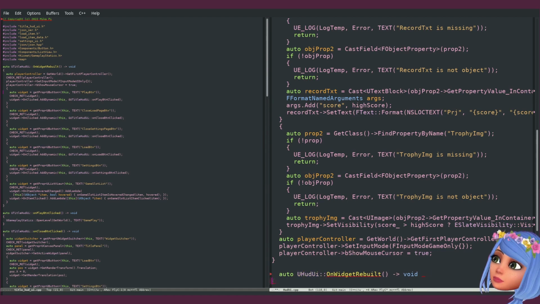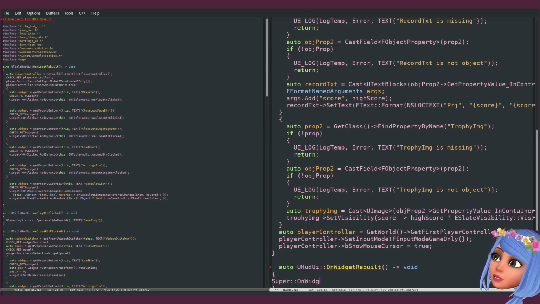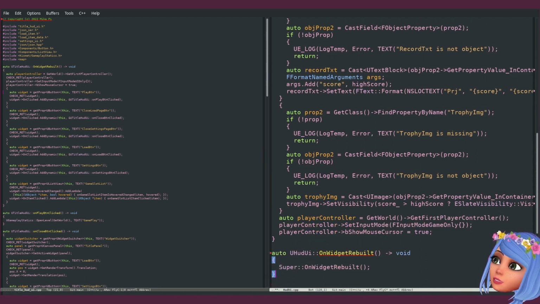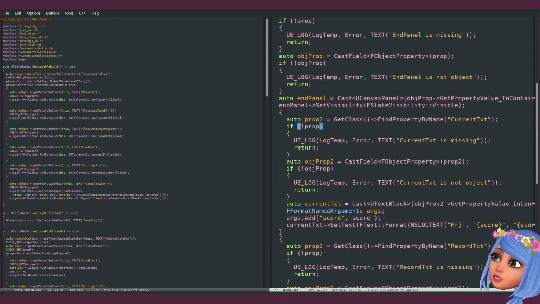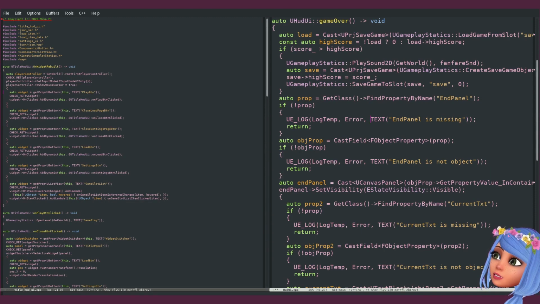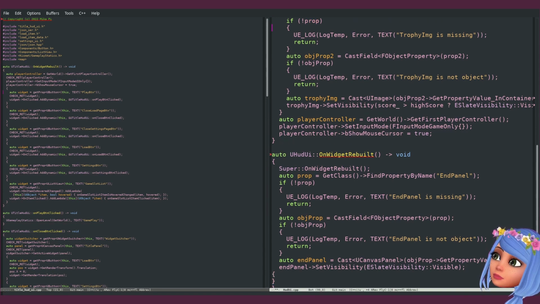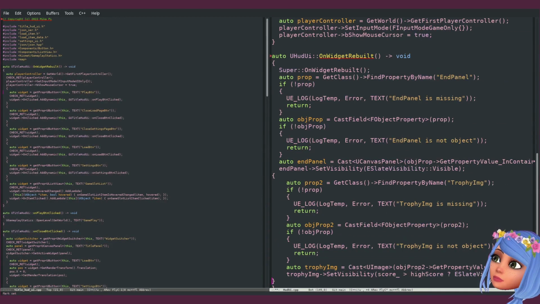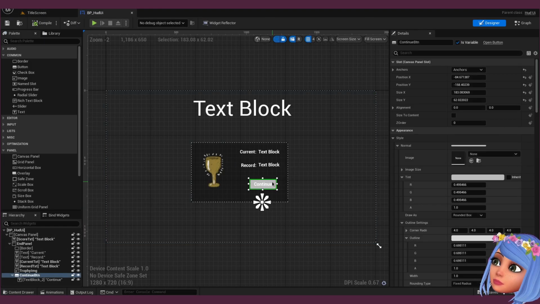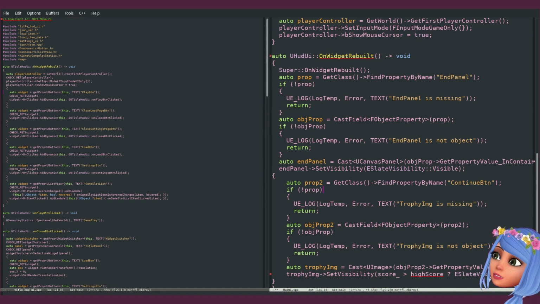HUD UI super on widget build, and then we need to get the button, and go through to find the end panel, and as soon as we find the end panel, we need to find the button named continue btn, which would be a UButton.